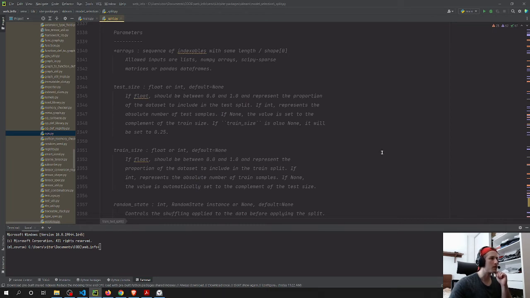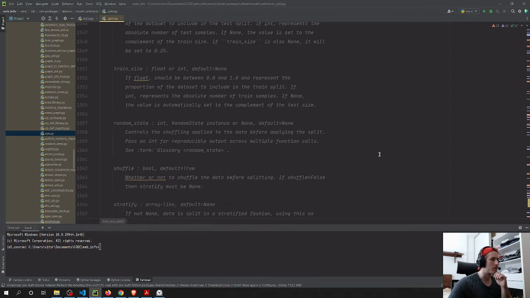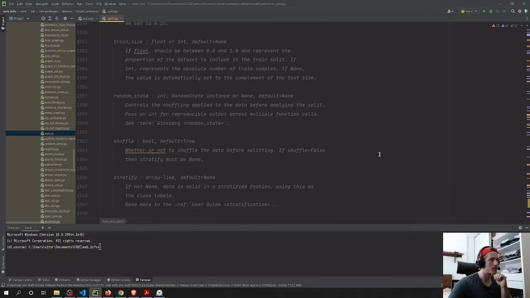Test size, float or int, default equals none. If float, should be between 0 and 1 and represent the proportion of the dataset to include in the test split. If int, represents the absolute number of the test samples. If none, the value is set to the complement of the training size. Train size, float or int. If float, should be probably the same thing. Random state, int, random state instance or none. Controls the shuffling applied to